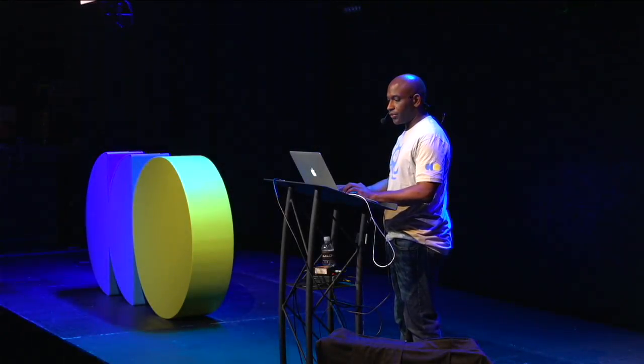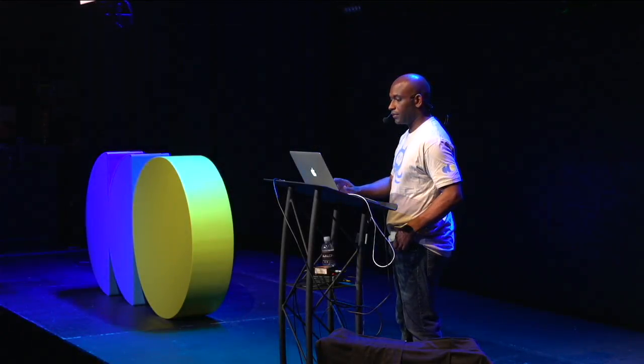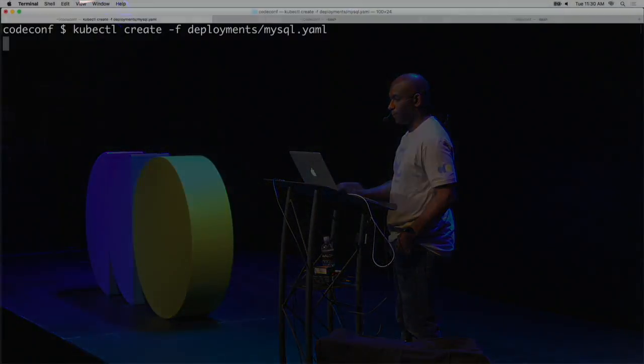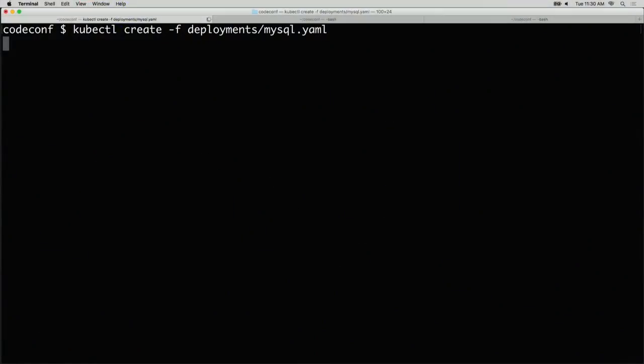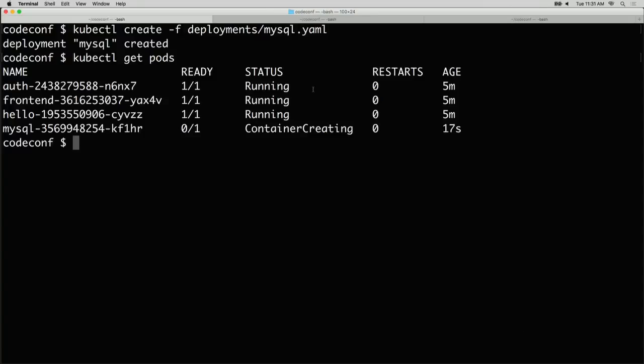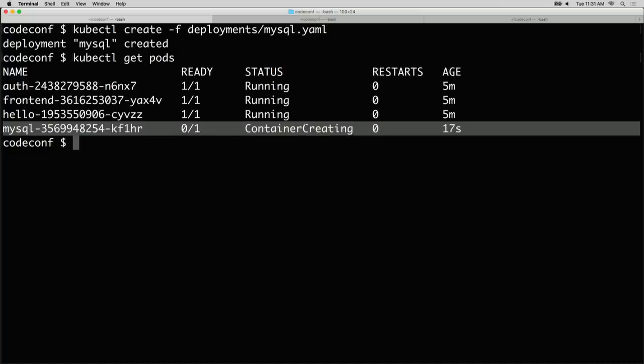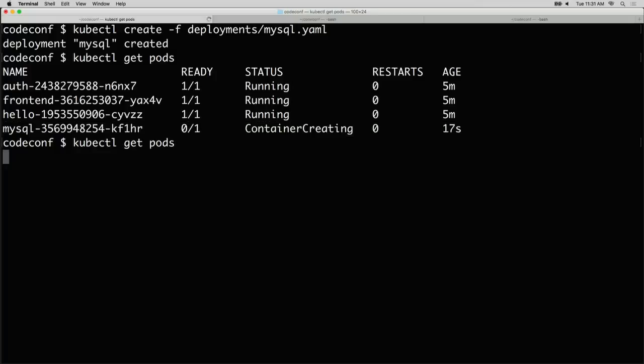So once we have those, we can go ahead and create that deployment now. What this will do is schedule MySQL onto one of our running servers, and then it will attach that disk, refer to the secrets, and initialize our database, all right? And then we should be almost ready to go. So let's list this and see what happens. All right, so we see that MySQL container is now creating. And this will take a few seconds as we attach the disk.